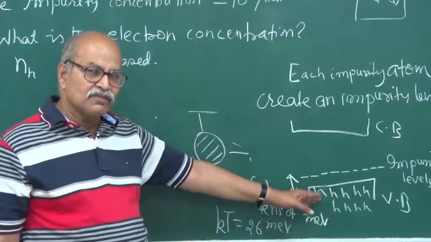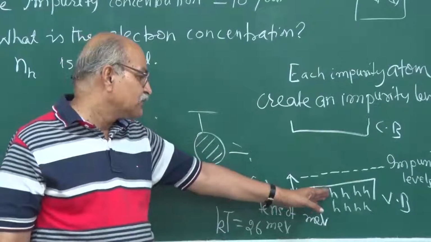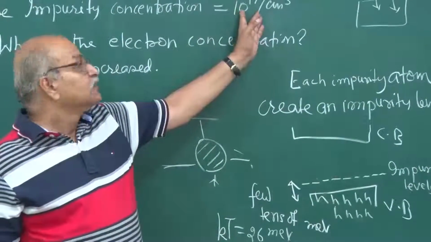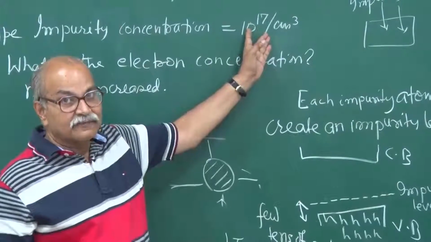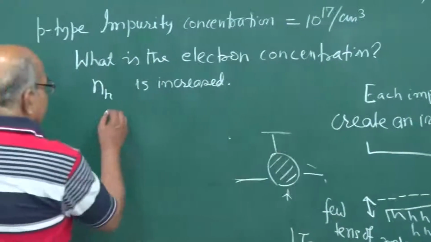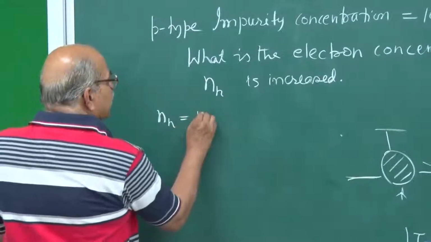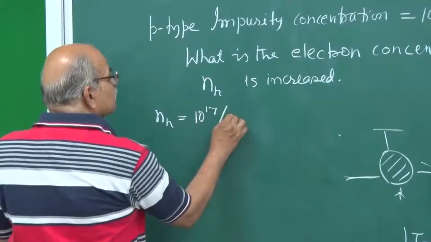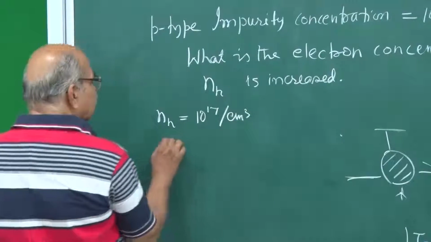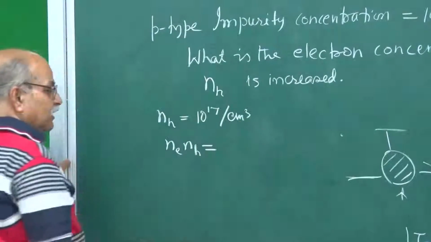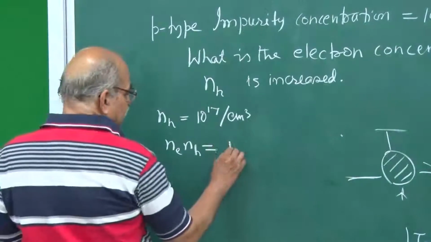So almost the whole concentration will be the same as the concentration of this dopant impurity. So I can take this Nh to be 10 power 17 per centimeter cube, and then Ne times Nh is independent of doping,